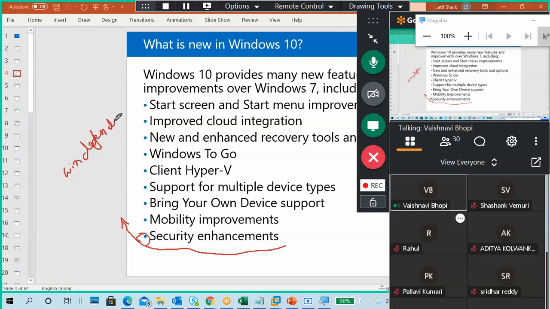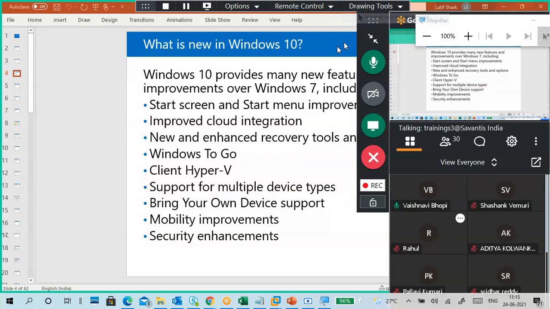Windows Defender. What is support for multiple device types? So we can connect multiple devices.